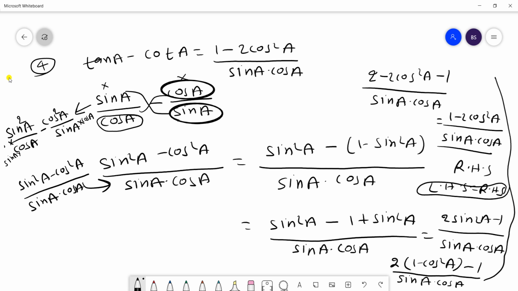Some students have doubt, that's why I wrote this one: sir, how can we write here? How can we go there? Some students, those who are not good in basics, have just started the new thing.